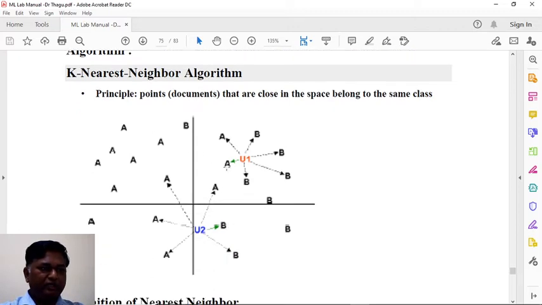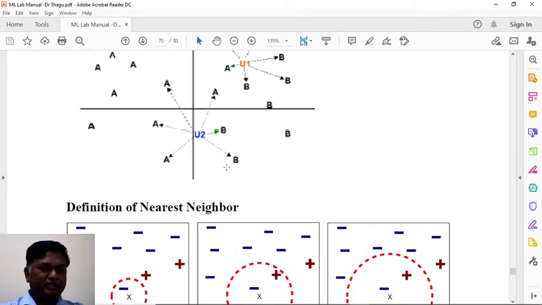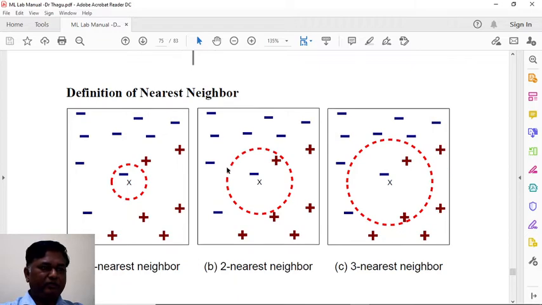KNN is a clustering method and it uses a distance metric, Euclidean distance. You can see the diagram. Suppose you are taking KNN equal to 1. This is the data, minus and plus we have data, and this x is your unknown data. Based on Euclidean distance, x is near to the minus data, because you have taken KNN equal to 1, so only one data is considered.